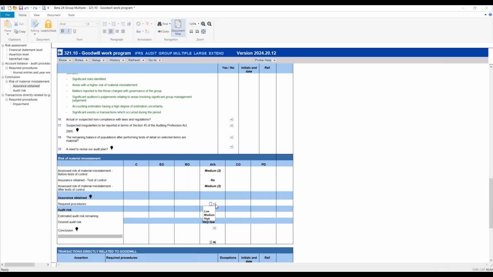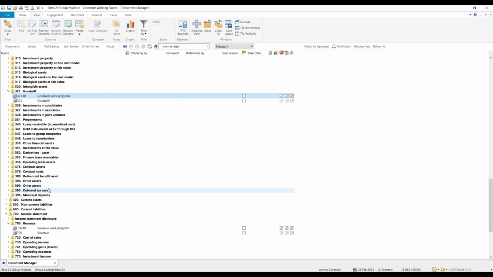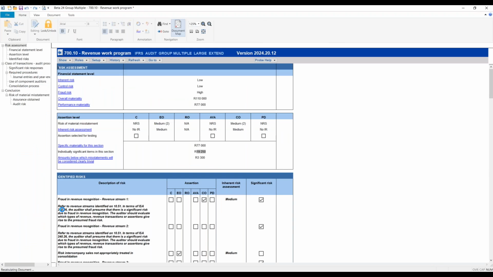All right, so that's quite important. This file is really only for the group auditors' work as stipulated by ISA 600. That was then goodwill. Now the revenue one, I'll show you the revenue work program, where we've got this combination, some